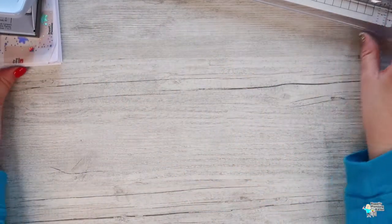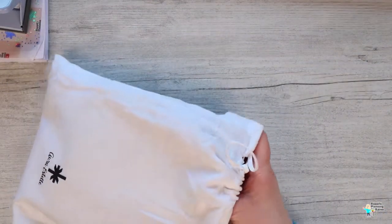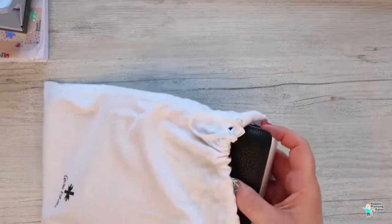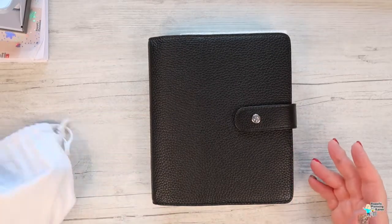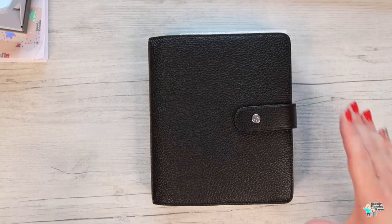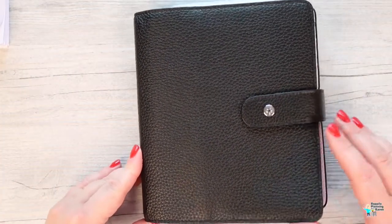But I wanted to show people how to actually put pages into the rings. If you know how to do this, then please forgive me. But I struggled, and I like to think I'm quite intelligent. I figured if I struggled, others will struggle as well who are equally as intelligent. So I got this, and it's a black leather